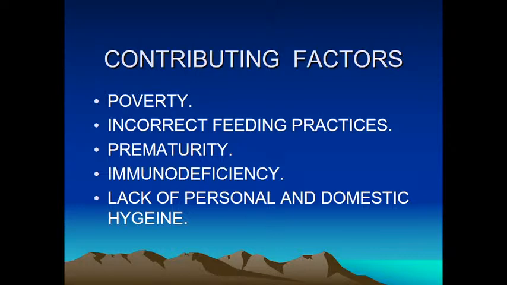Poverty itself is the cause of incorrect feeding habits because the person is uneducated, also is unable to spend enough time with the child, has to go in for some manual labor, and that can itself lead to prematurity. Prematurity and immunodeficiency go together, or you have other immunodeficiency conditions. And lack of personal and domestic hygiene is one of the main causes where a person can land up with